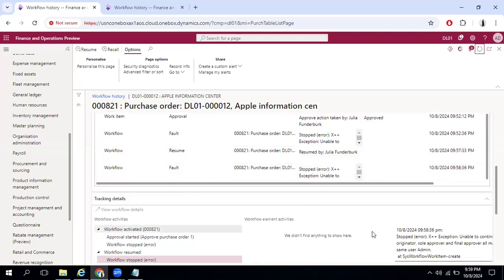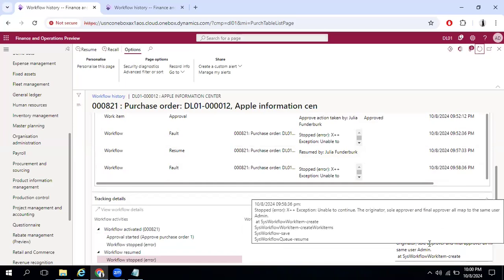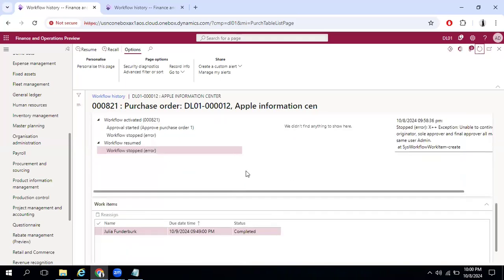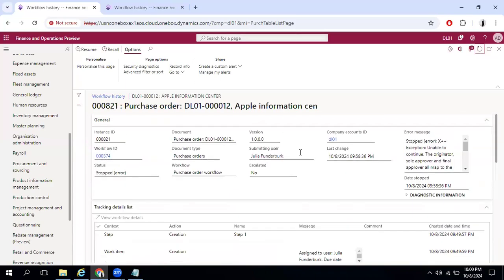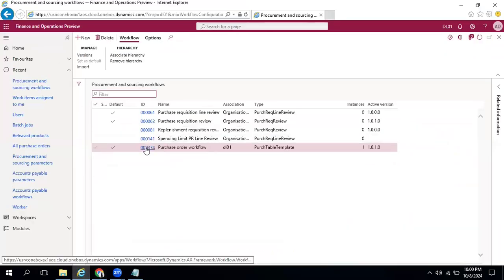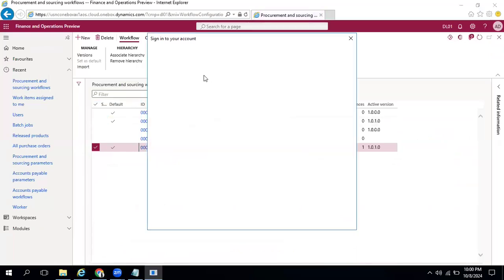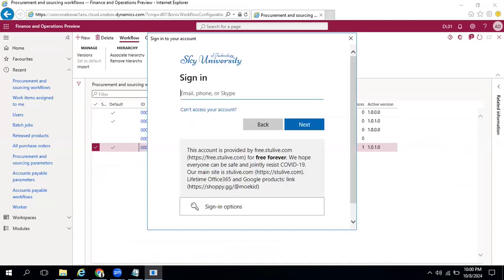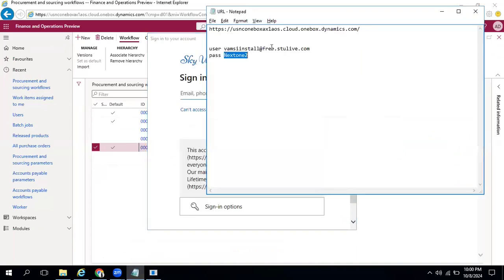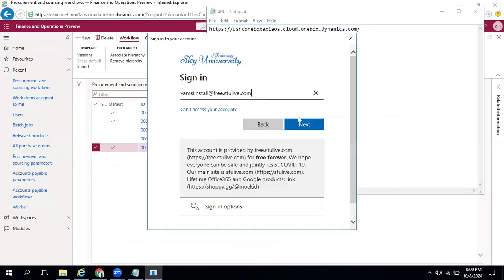Let me check. Unable to continue, final approval. All map to the same user admin. Okay. It has again stopped. What can we do now? We can do one thing. We will edit it. There is actually a validation, I think, written in the standard workflow that the originator and the approver cannot be